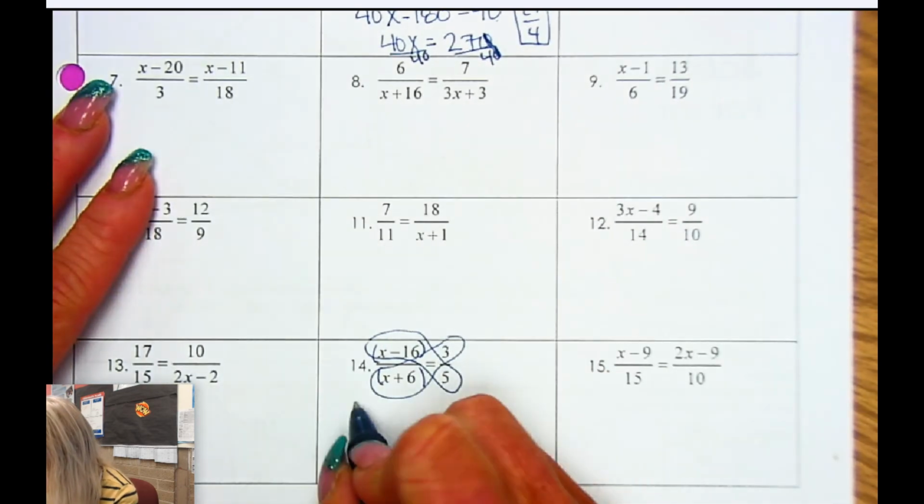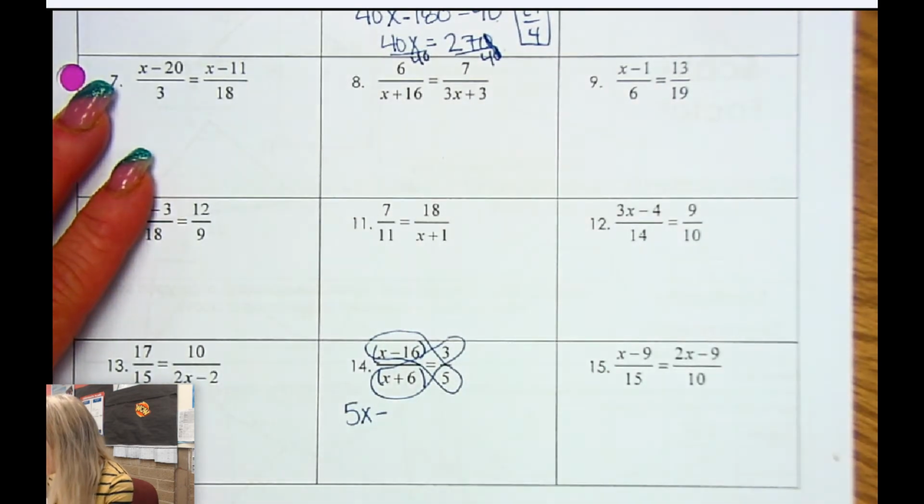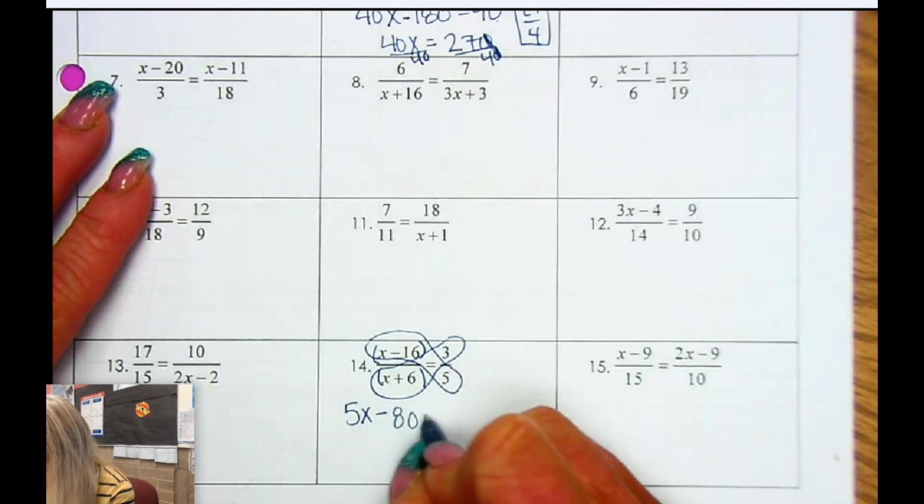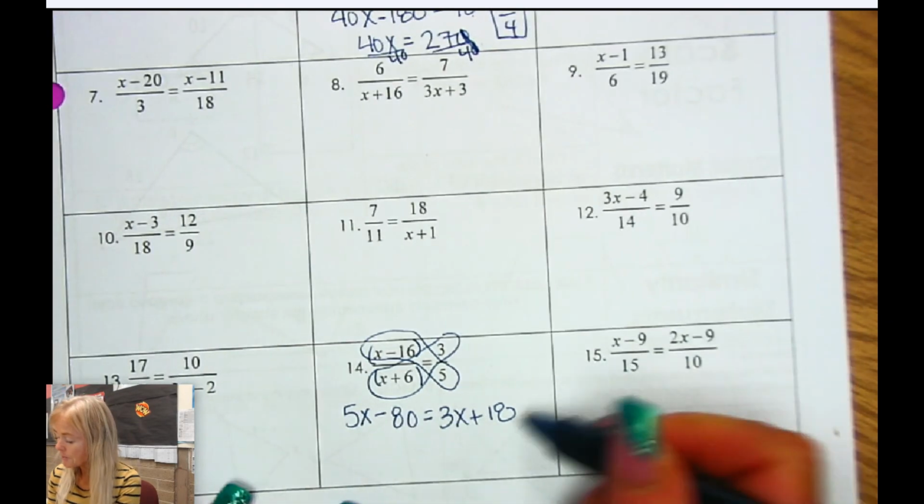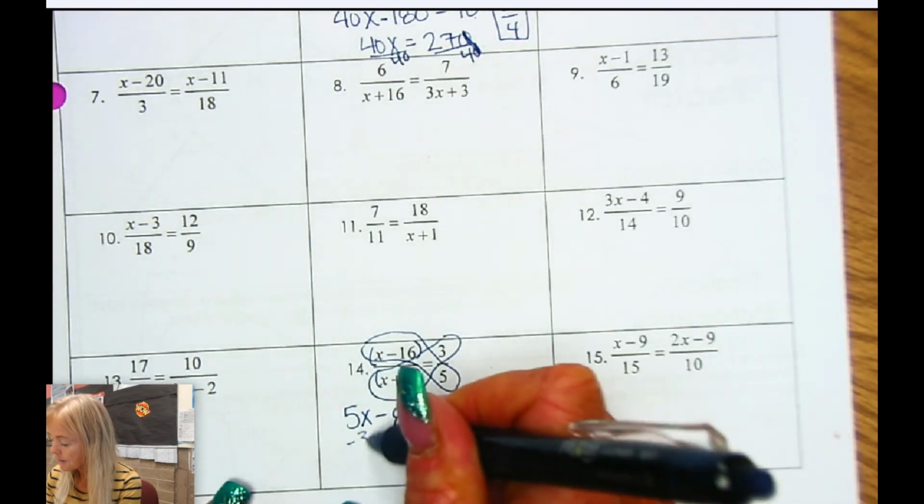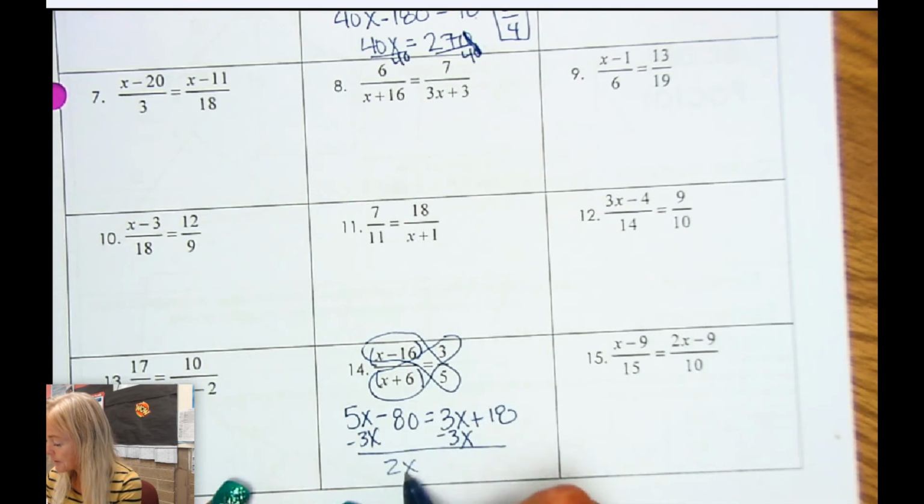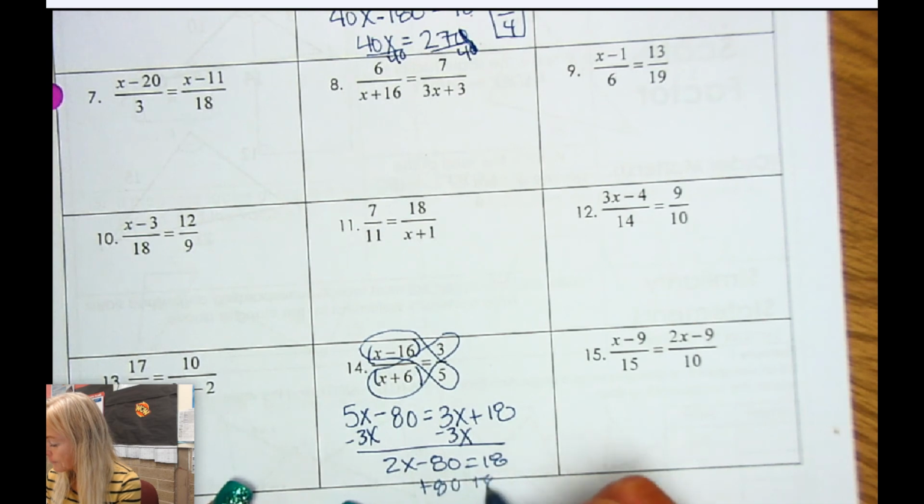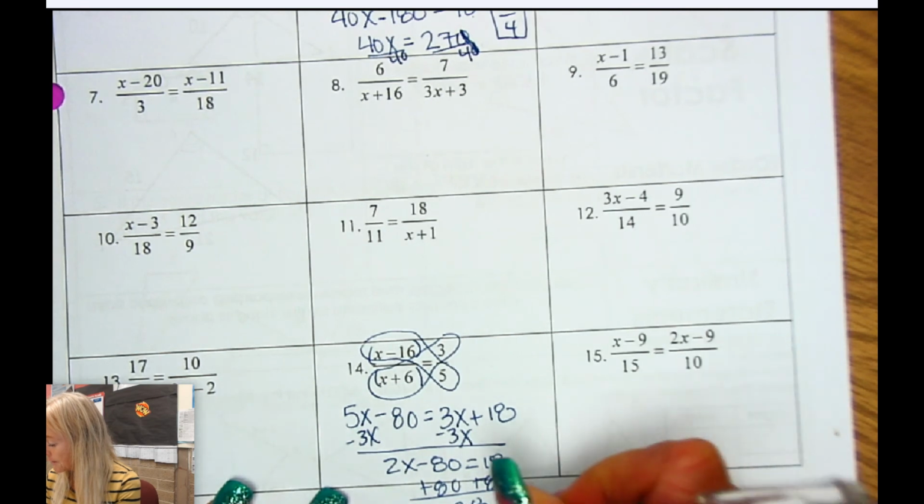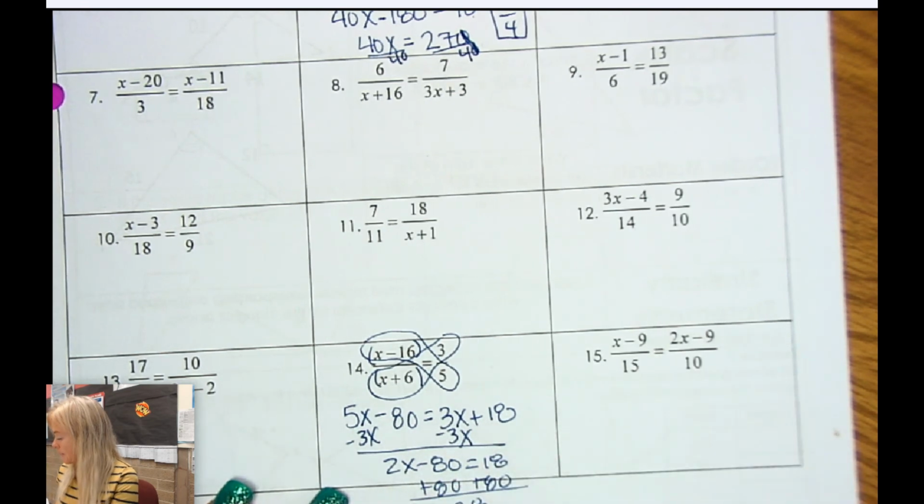All right? So 5x minus whatever 16 times 5 is, 80, is equal to 3x plus 18. Okay? And then you would subtract 3x from both sides. You get 2x minus 80 is 18. And then add 80, you get 2x is 98, divide by 2, x is 49. All right, and that's how you would do these